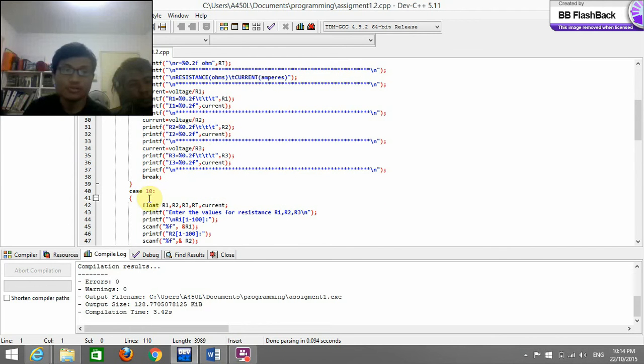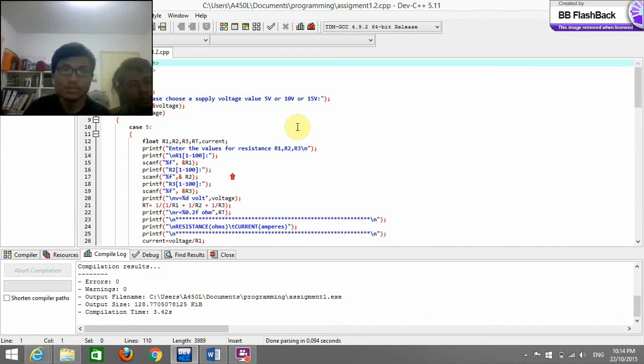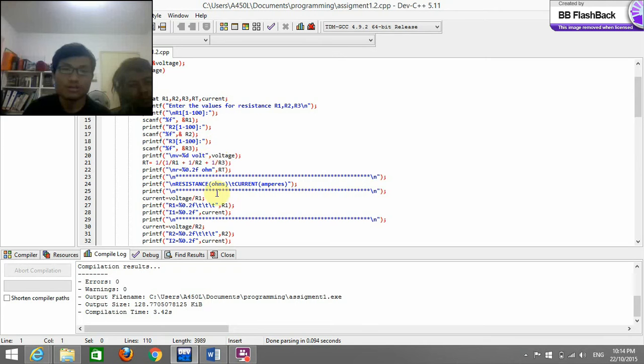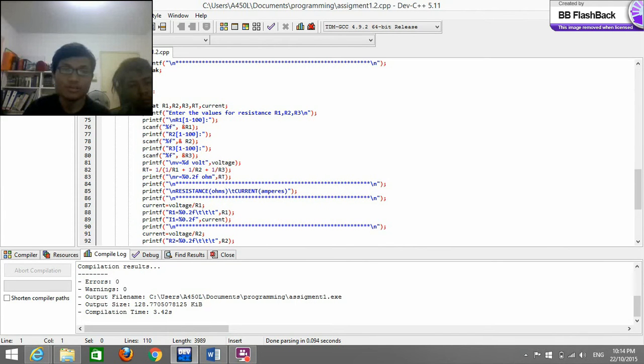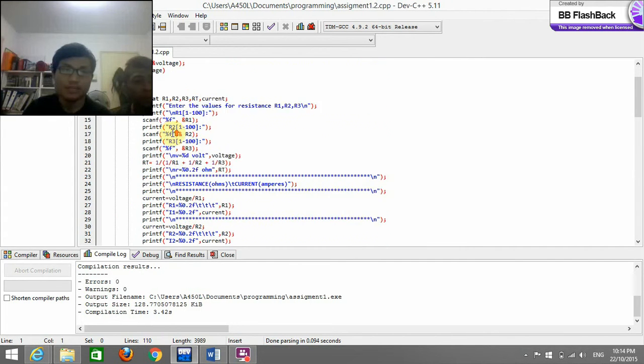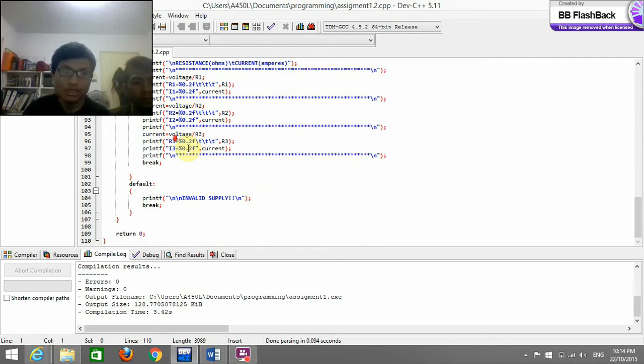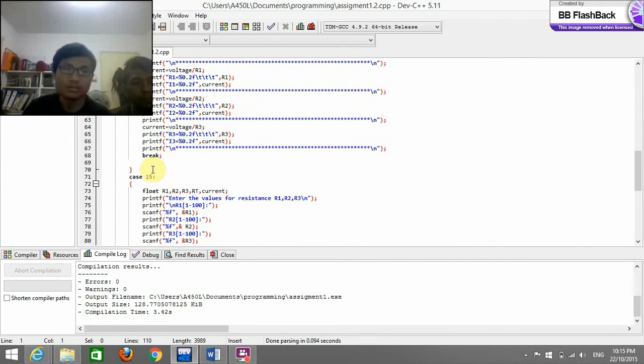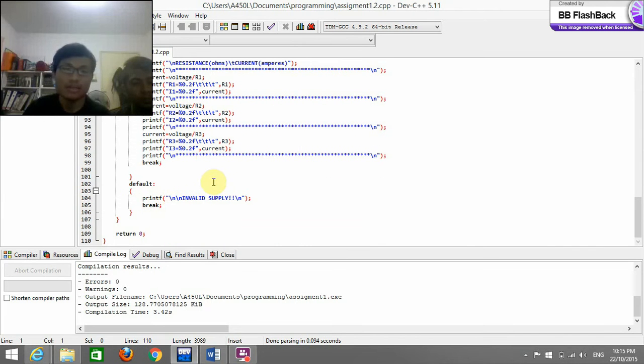It is the same for case 10 volt. I show you it's the same, just copy and paste the value, same for case 15 volt, and then after that you should use break for all cases, and then use default. If we enter an invalid supply, like enter 3,